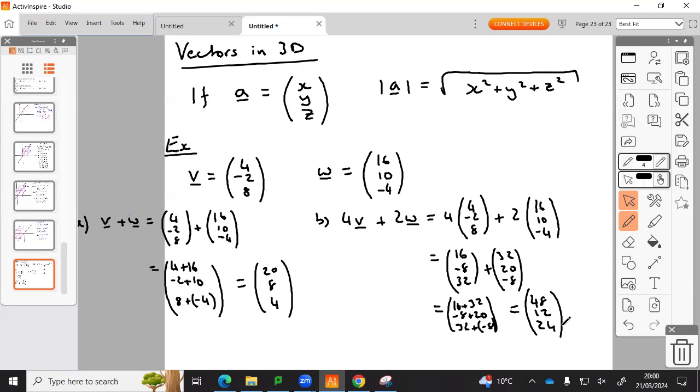Okay, so nothing's changing now. Now, if I take that 4V plus 2W, if I take that one step further and that's to find the magnitude of that,